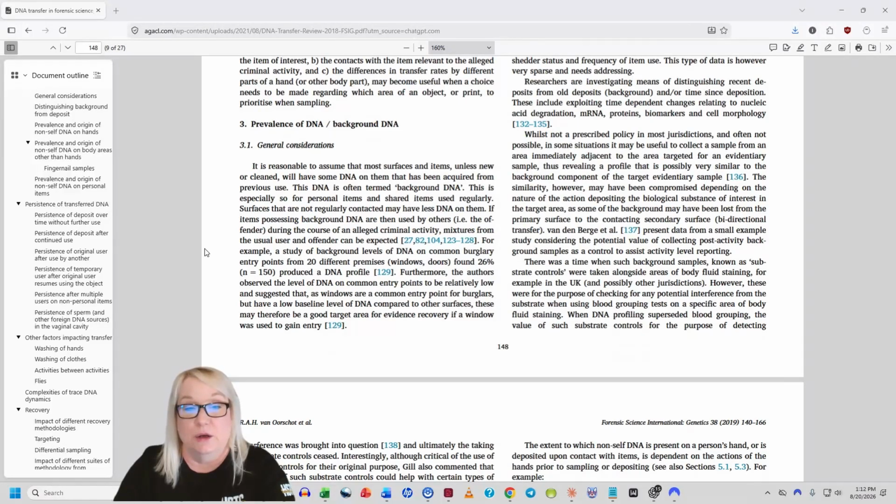This is especially so for personal items and shared items used regularly. Surfaces that are not regularly contacted may have less DNA on them. If items possessing background DNA are then used by others, i.e., the offender, during the course of an alleged criminal activity,